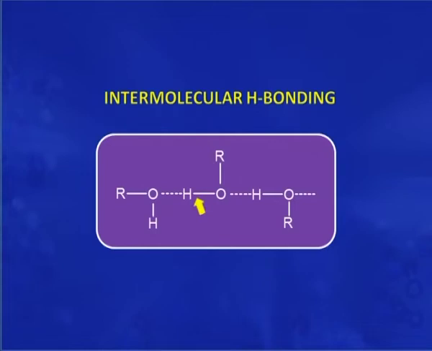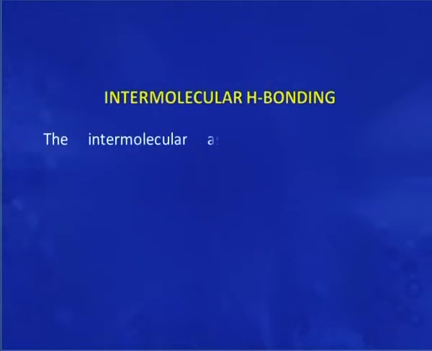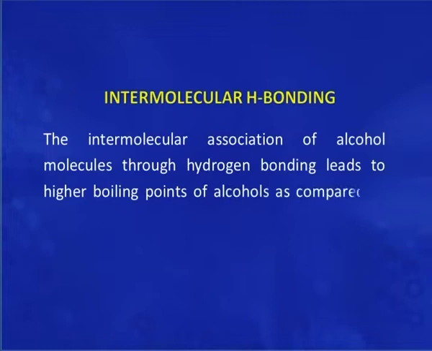A hydrogen bond is represented by a dotted line. As you can see here, between two alcohol molecules there is a dotted line showing the hydrogen bond. The intermolecular association of alcohol molecules through hydrogen bonds leads to a higher boiling point of alcohols as compared to